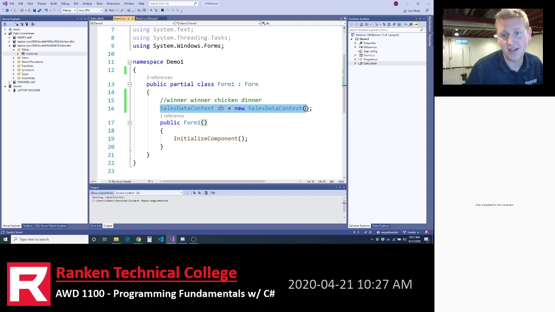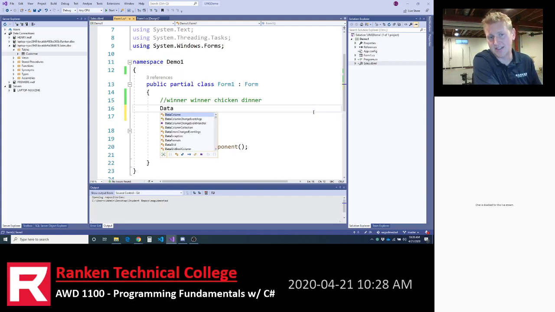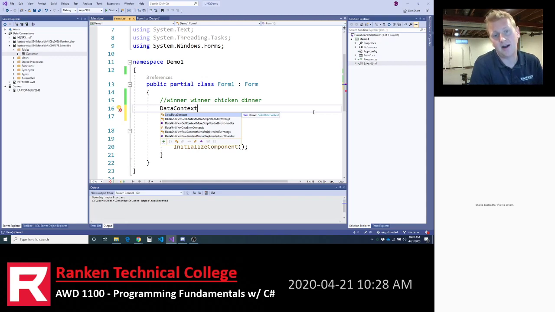It was simply, I was typing in an area between the class and the namespace. You can't put code there. That's a no-no. You put your code in the class. And once I sat back down and looked at the problem, solved it pretty quick. Anyways, so what I just created, if I type in the word data context, it's going